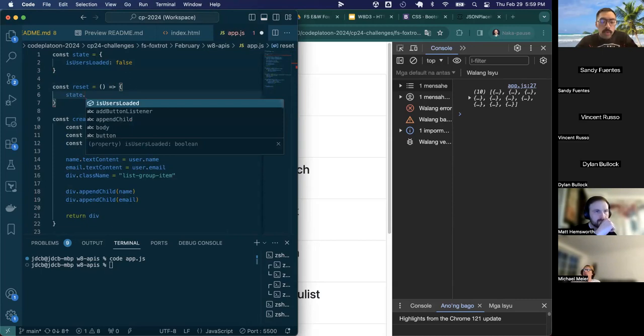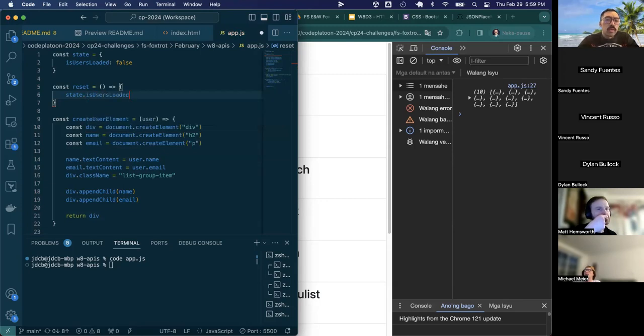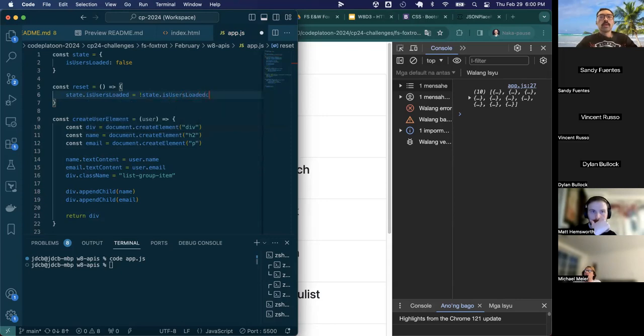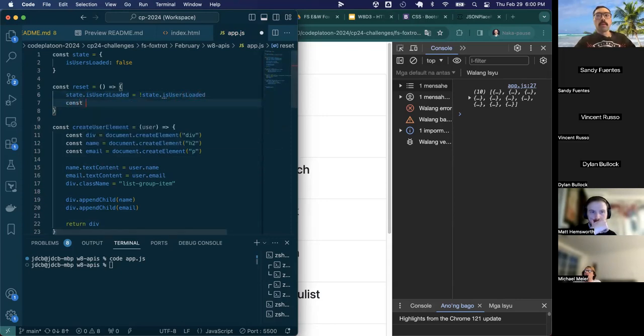Actually, sorry, this method will reset the state, because we want to be able to toggle the state, and then we'll have a method for removing the users. So state.isUsersLoaded. We're first checking to see if users are in fact loaded. And if the state returns false, then our button